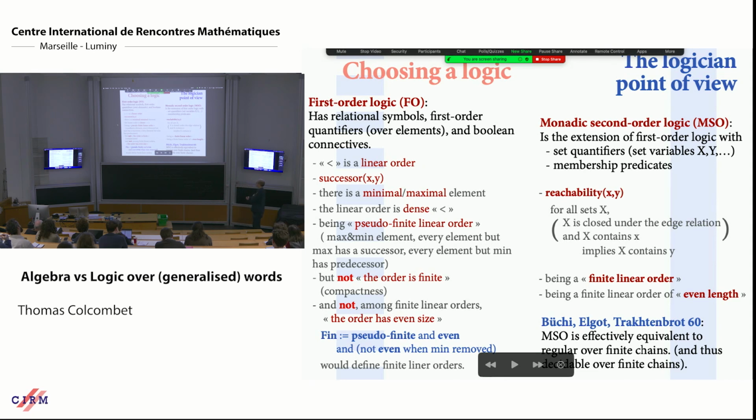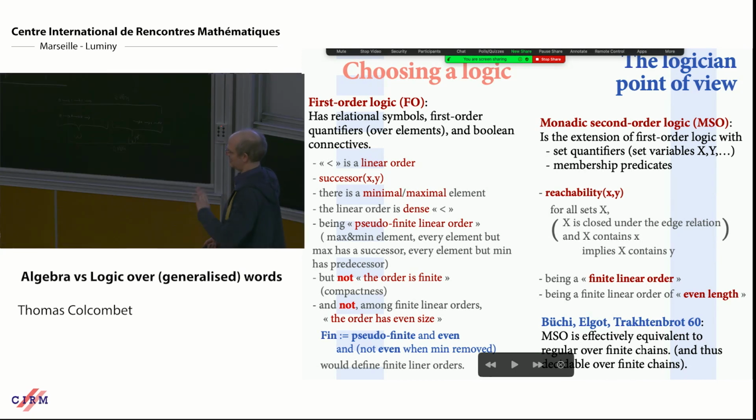So the key insight here is this result, which has been stated three times independently by Büchi, Elgot, and Trakhtenbrot, which is that MSO is equivalent over finite chains to regular languages. It was not phrased like that. It was weak MSO over omega, but for here it's perfect to say that. And here, in fact, in MSO, you can think about the capability of using your set quantifier to guess runs of automata. So that's why MSO naturally captures non-deterministic automata.